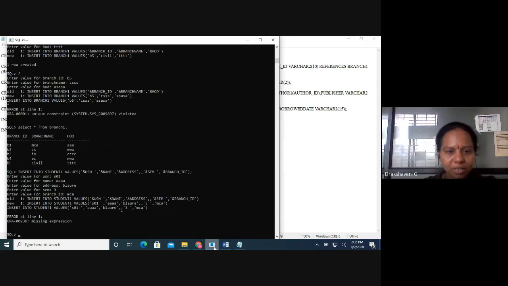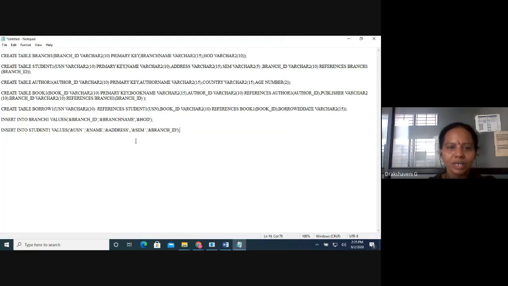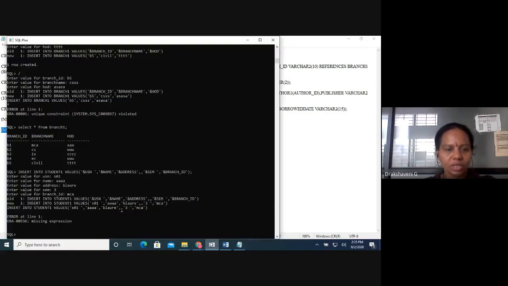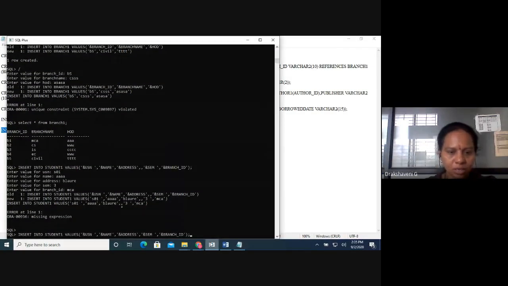What's the error here? Why the error here? So here you can see there are 2 commas here. So remove that comma and copy that, execute it again. And even you have to take care when you are entering the values, you have to carefully see there should not be any space.